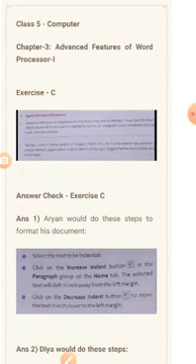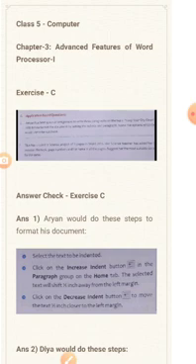First, he would select the text to be indented. Number 2, click on the increase indent button in the paragraph group on the home tab. The selected text will be shifted half inch away from the left margin. Then he would click on the decrease indent button to move the text half inch closer to the left margin, whichever is applicable to his needs.